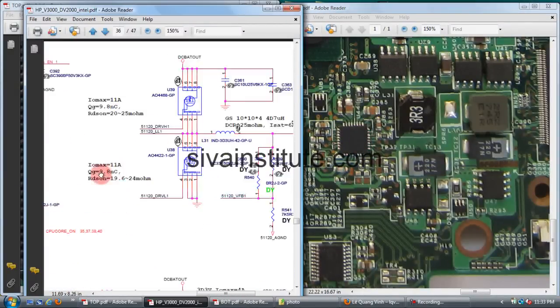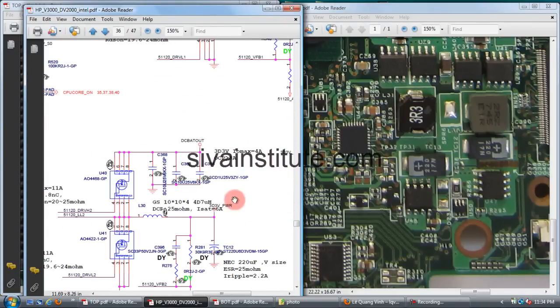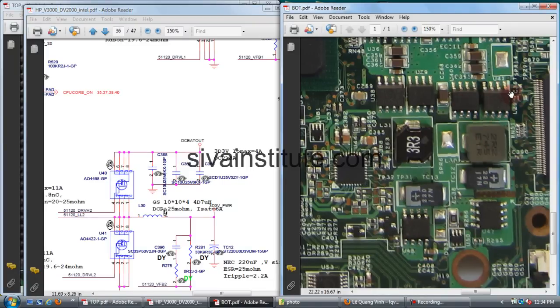This voltage goes to L31 and L30, U40, U41.